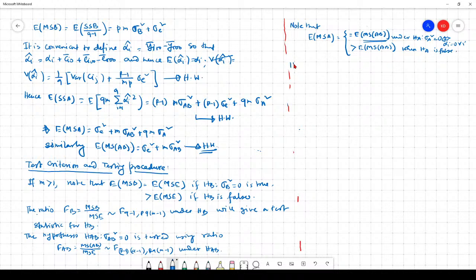Hence, the ratio FA, which is equal to MSA by MSAB, will provide a test for HA even though